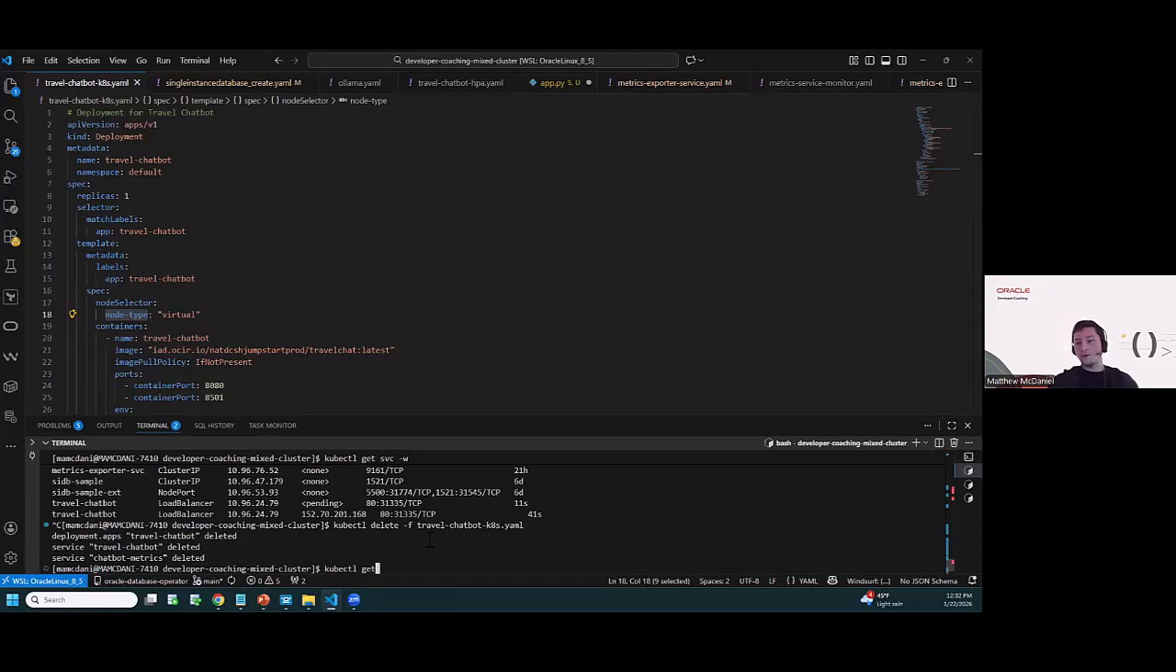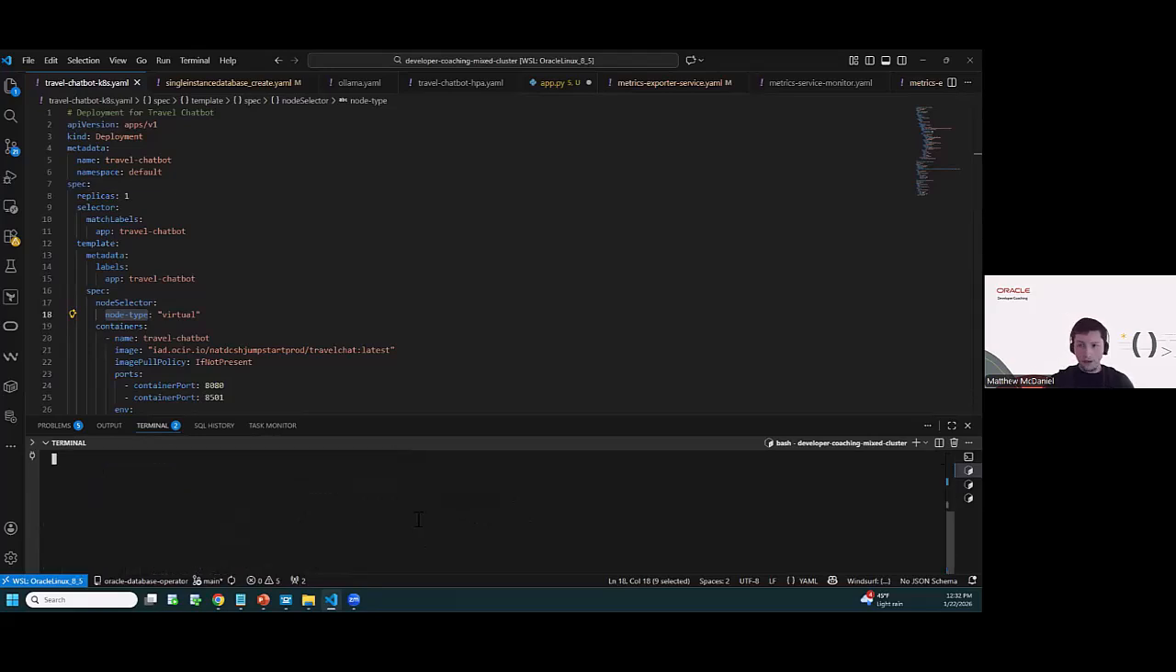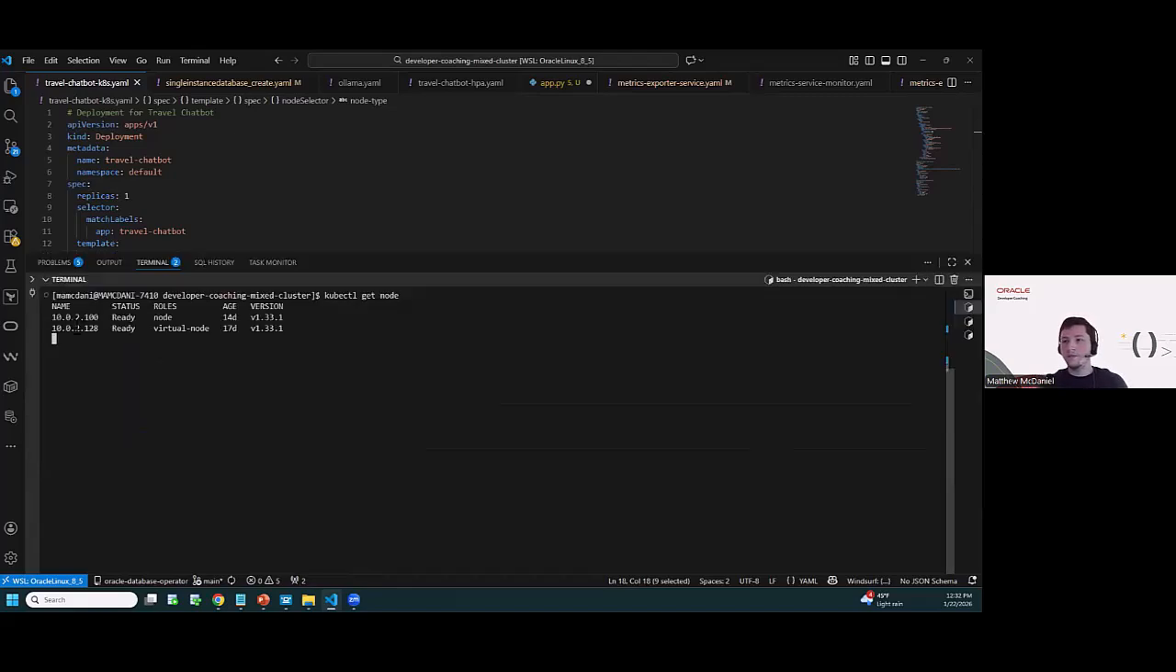So first, what I'm going to do is run kubectl get nodes and check to see what nodes are in my cluster. Okay, so I ran kubectl get node and I can see I have two nodes, which is consistent with what I showed you in the console. 10.0.2.100 with the role node. If it just says node, it means it's a managed node. Then I also have a second one called 10.0.2.128, which has the role virtual node,